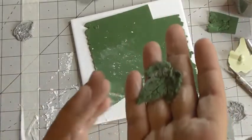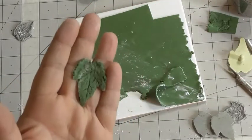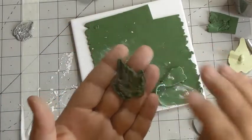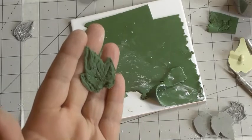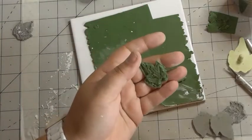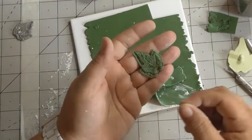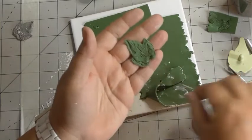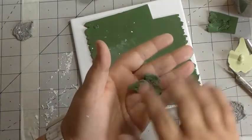So that is how I got my veins on both sides of my ivy. Now, before I was doing that, do you remember we did the wires in the bases, like so? Before I put the marks on and everything, I actually put the wire in first, because it's thicker and it allows you